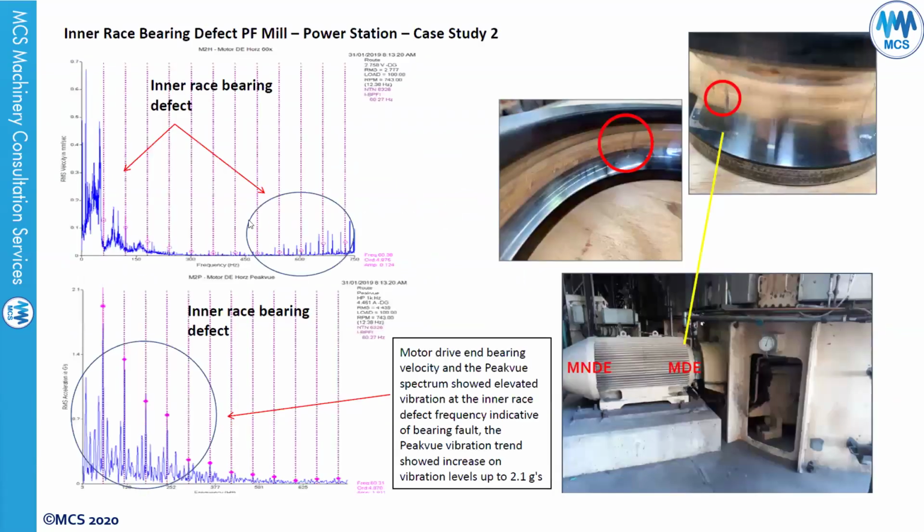For this one, as you can see here, this is an inner race bearing defect. This is the velocity spectrum. You can see the inner race, and it's lining up with the inner race defect frequency, which is already calculated for this bearing. As you know, for every bearing, you have 4 fault frequencies: inner race, outer race, cage, and rolling element. If you have the bearing number and the running speed, you will go in the